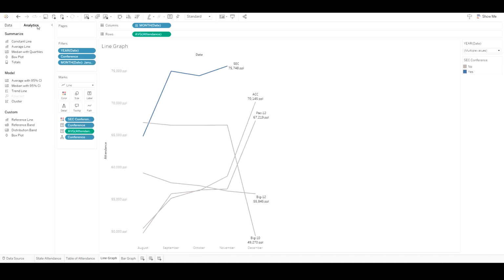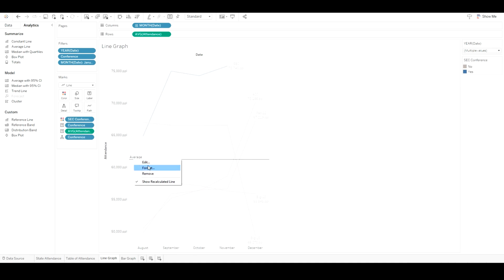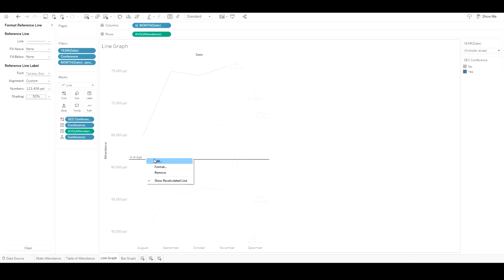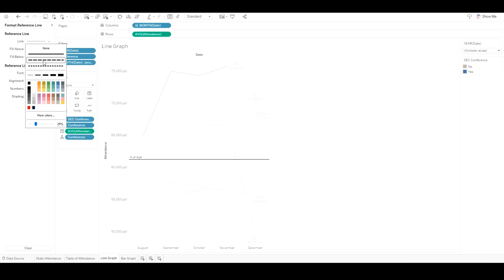If you wanted to add some analytics related to the average, you could do, I don't know, lots of things that I want to show, but let's just do an average line. You can build out whichever one you want just to show the average attendance. Where again we would do not the format. You could do format because I like this light black, and then